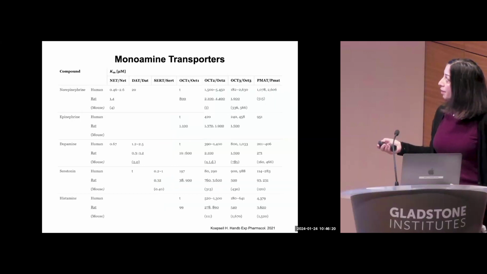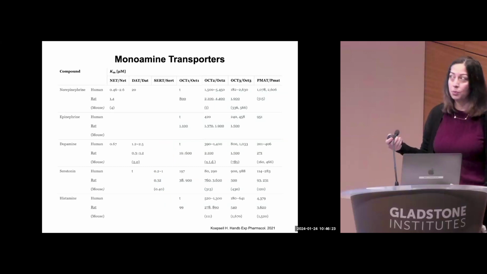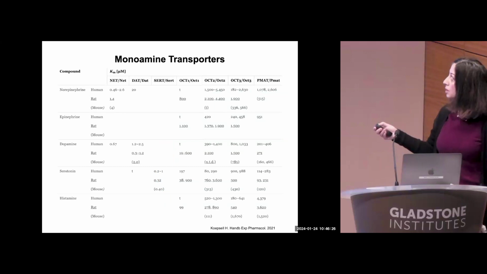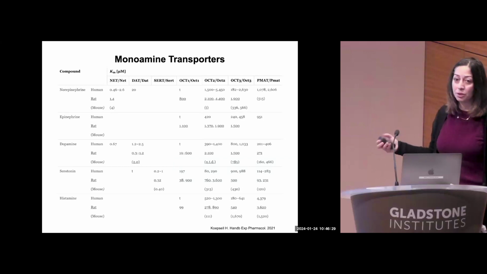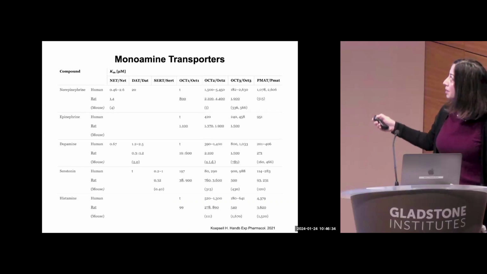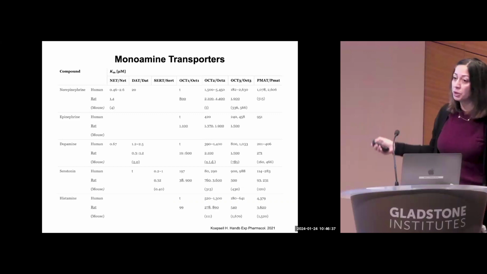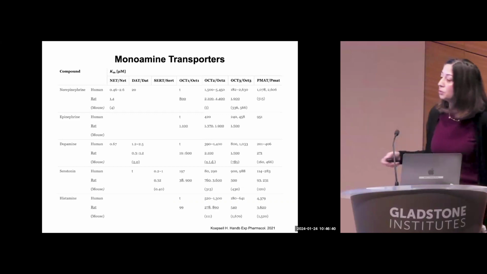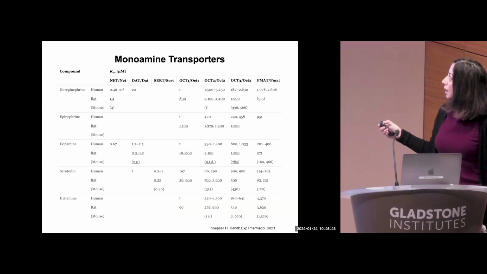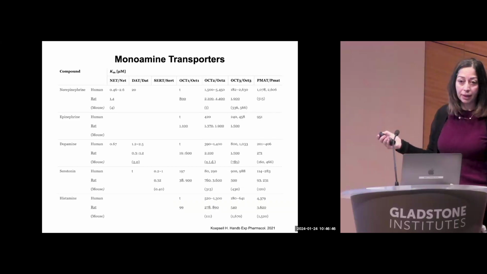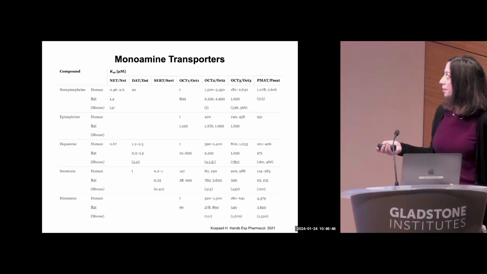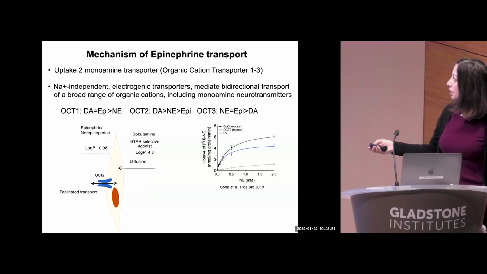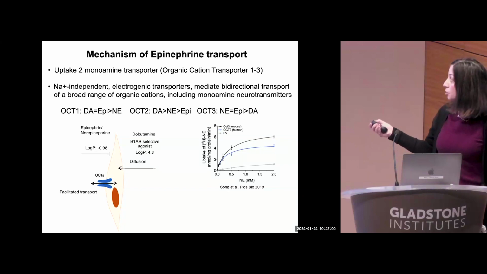And some of you might have heard that there are a number of different monoamine transporters that are expressed in various different tissues. Mostly we've heard of these monoamine transporters in the nervous system, such as the norepinephrine transporter and dopamine transporter. But there's also this other family of transporters that are known as organic cation transporters that are expressed outside of the nervous system. And particularly one of them, OCT3, has a higher affinity for epinephrine and norepinephrine. There are studies showing how they efficiently bring epinephrine or norepinephrine inside of the cell in the presence of this transporter.